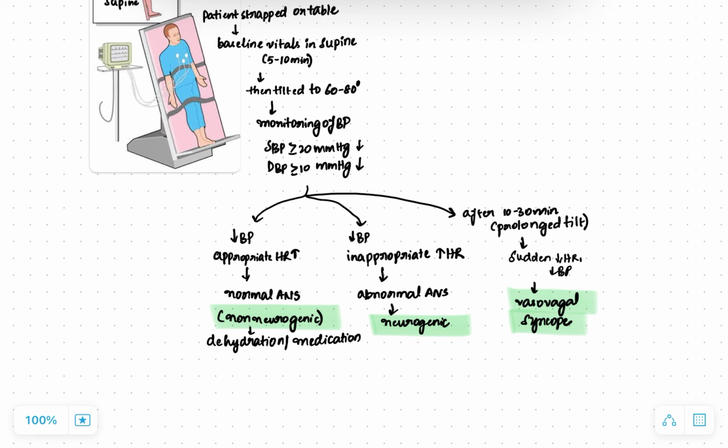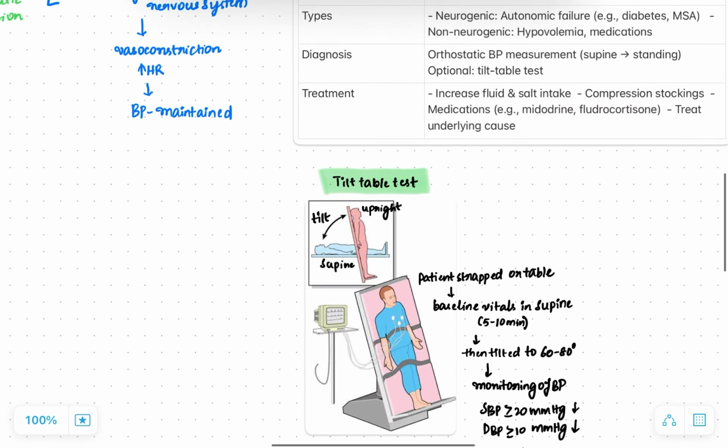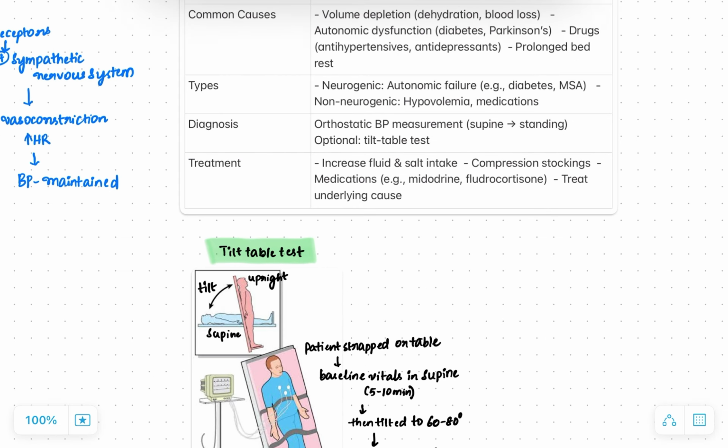So after 3 minutes there is no change, but after 10 to 30 minutes, up to 60 minutes, we will measure. After prolonged tilt, if there is a sudden decrease in the heart rate and a sudden drop in blood pressure, it is vasovagal syncope. So the treatment is, we have to increase the patient's fluid and salt intake and maintain the